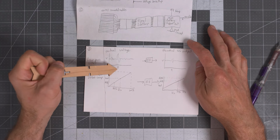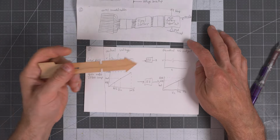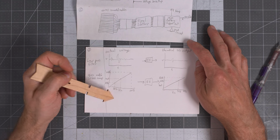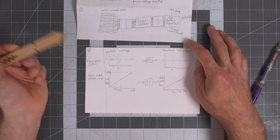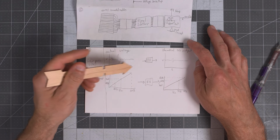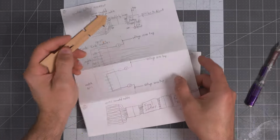This is different; the X and Y axes have changed. So this one was time versus voltage because we were looking at a frequency domain or signal noise thing. Here we're looking at the V in versus the V out. So here, if the pack is 18 volts, this is the OEM. So if the pack is 18 volts, it's going to say 18 volts, because in the OEM configuration, again, there's